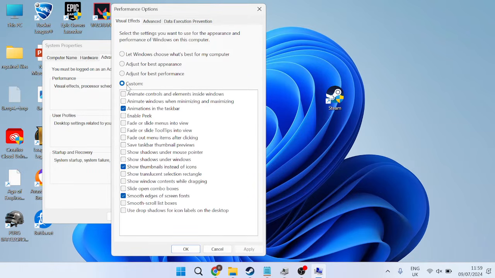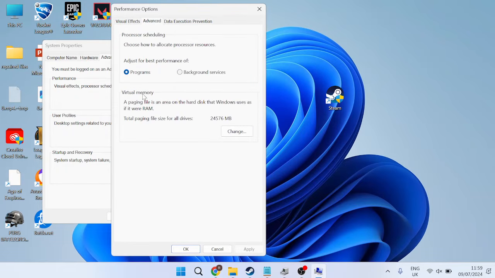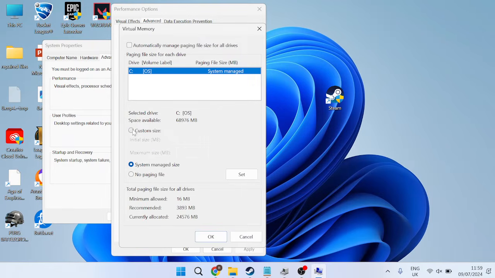So you'll need to go ahead and select this custom field, and you want to make sure everything's disabled inside of here, apart from animations in the taskbar, show thumbnails instead of icons, and smooth edges of screen fonts. Everything else should be left unchecked. And then we're going to come into this Advanced tab from the top here, and down in this virtual memory section at the bottom, we're just going to go ahead and press Change, and you need to select Custom Size